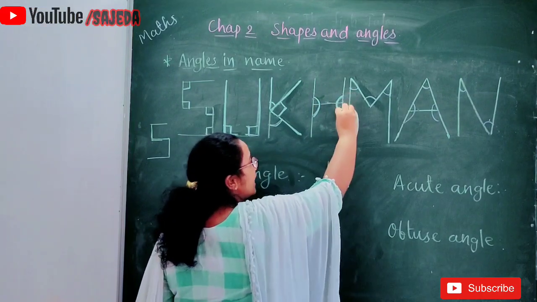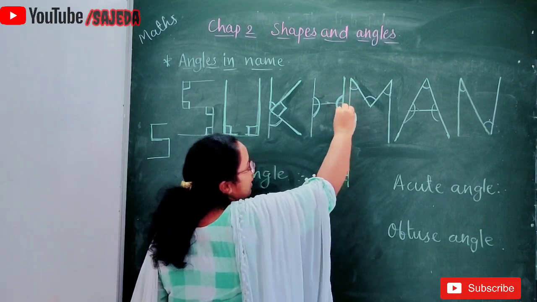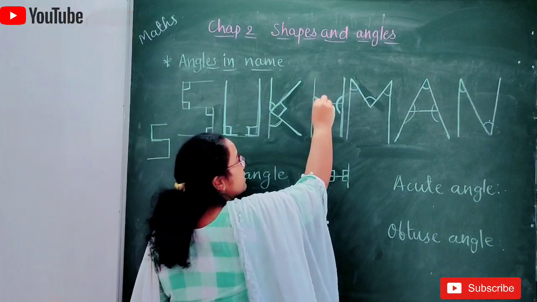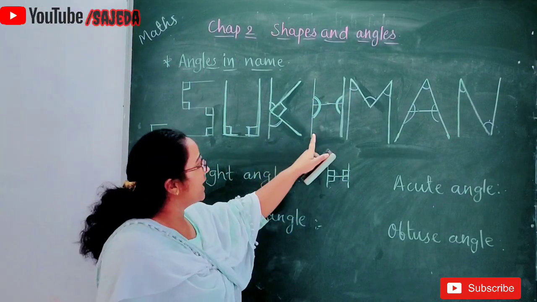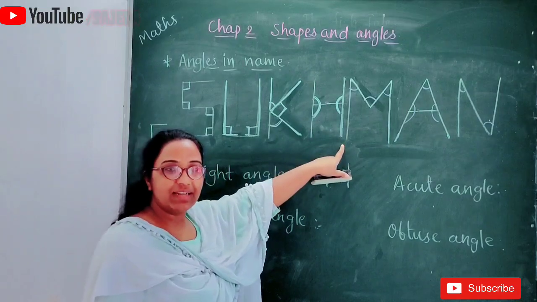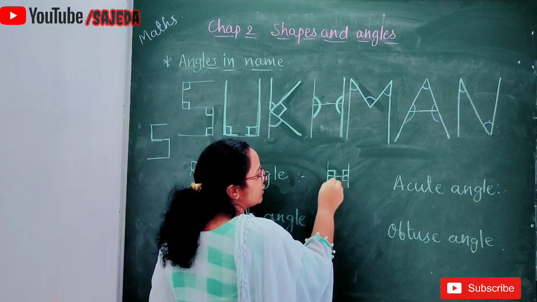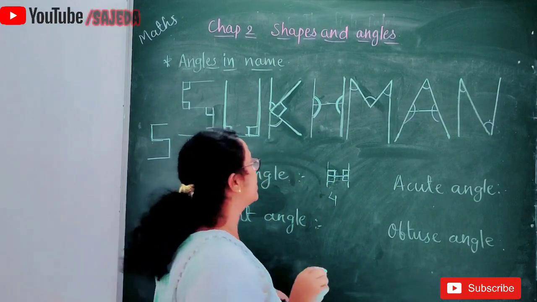You have been given the angle in this way. In this line, this symbol of angle is given. That means it is a straight angle. If you are drawing a straight angle, there will be only 2 straight angles in H. But if angles are drawn in this way, that means there are 4 right angles in H.